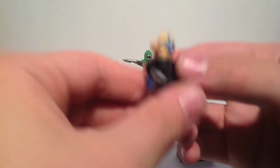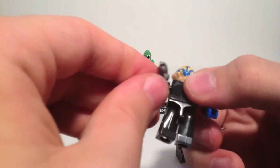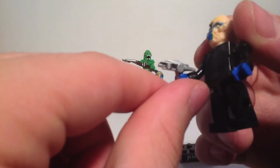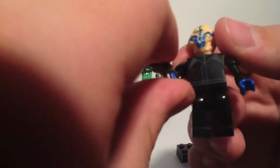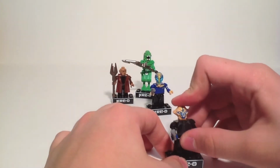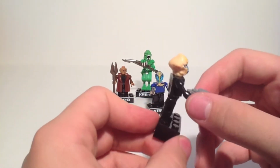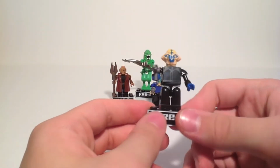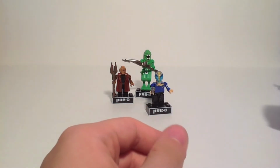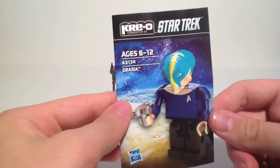Got the same articulation as Keenzer, except you get the bigger legs now. He's got the phaser pistol, which is a new accessory that you see with a lot of them, which looks just like the one from the 2009 movie. And it looks really nice. Again, having no clue who he is kind of detracts from it, but at the same time, he's a neat little figure, and I hope to learn more about him as I watch more Star Trek, whether that be new movie or old stuff. Next up is Grazia, which is a Starfleet